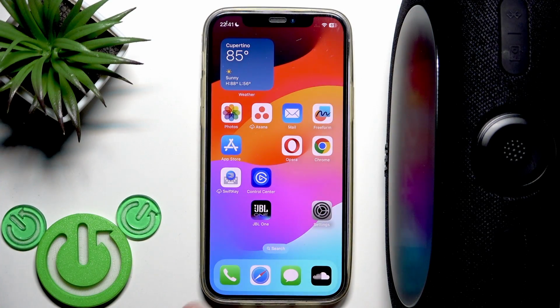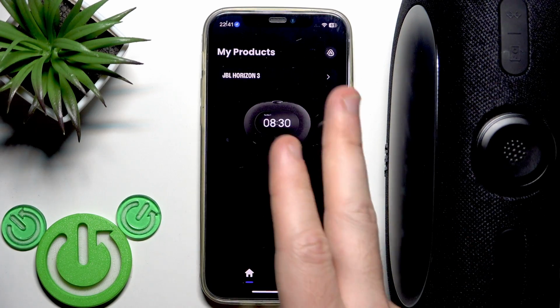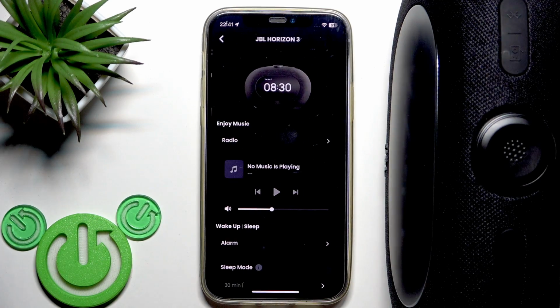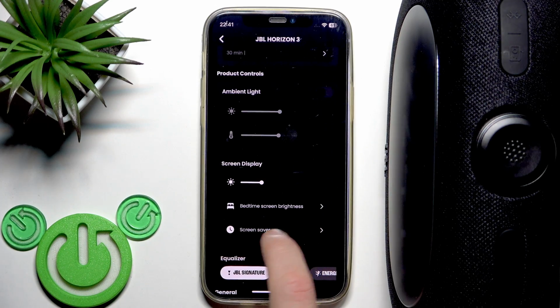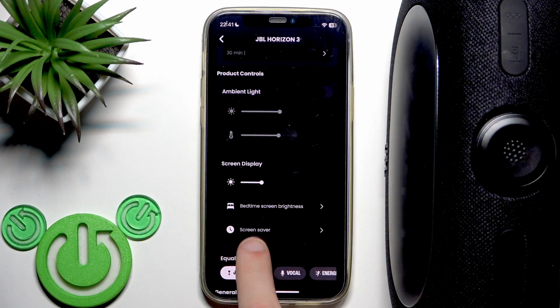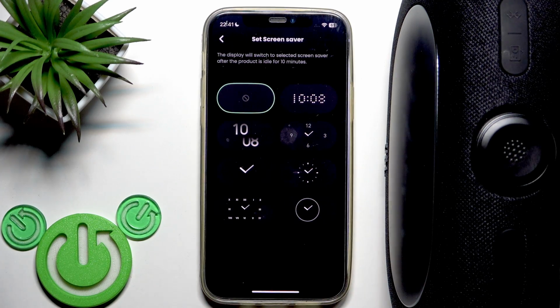You have to start by opening the JBL ONE application, and of course you need to add your speaker to the app. Then you will see it in the device list and you need to tap on your speaker. Scroll down and right here in the screen display we have screensaver. So tap on this line and now we can set